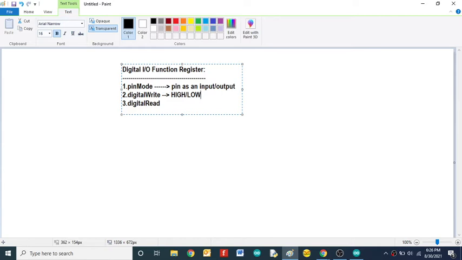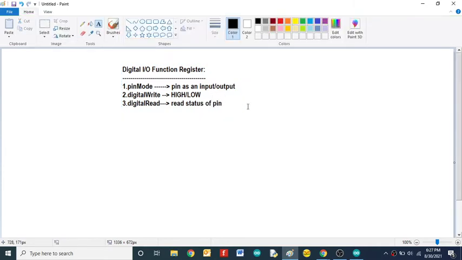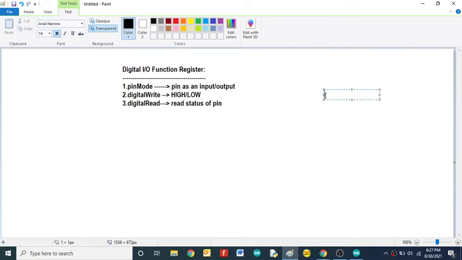Fine. Then digitalRead. It reads the value from a specified digital pin, either high or low. It will read the status of the particular pin. So these are called the digital I/O functions: pinMode, digitalWrite, and digitalRead.